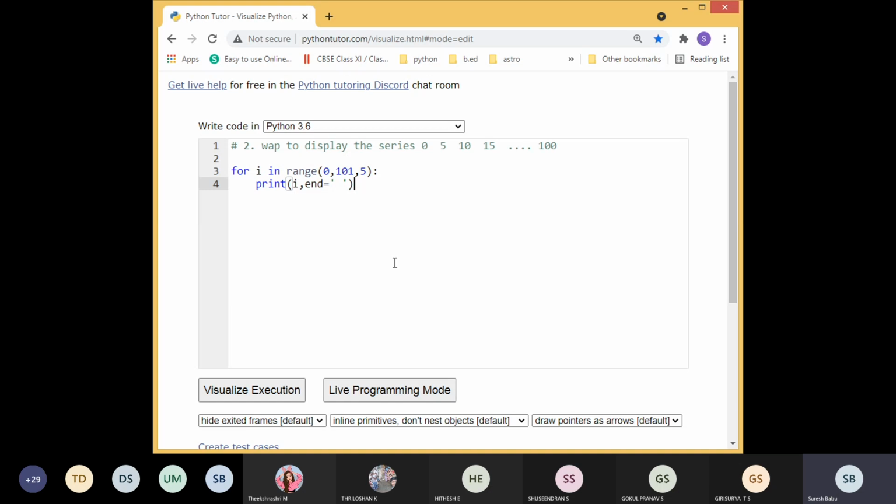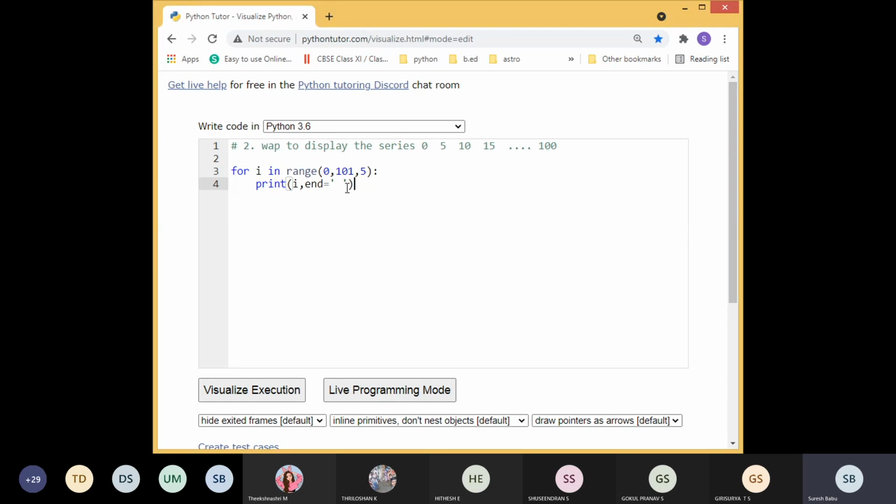Who is ready to give the same solution using while loop? Raise your hands. Yes, Tikshna.